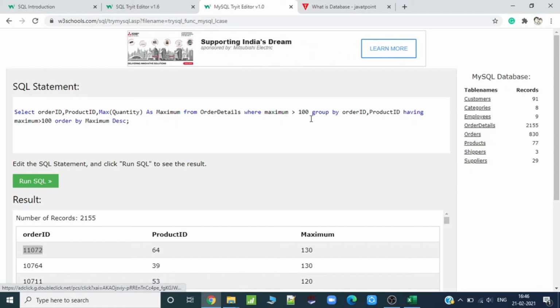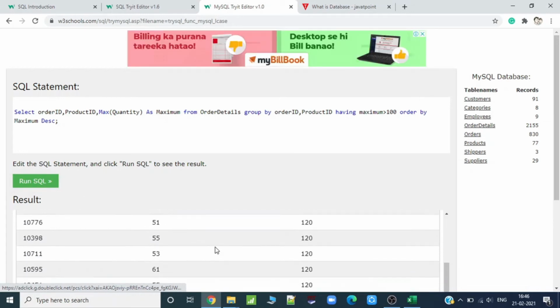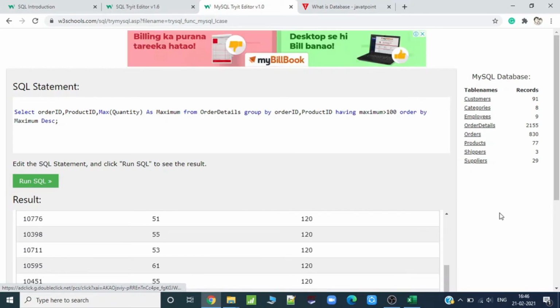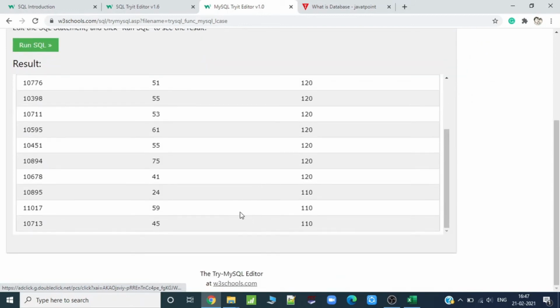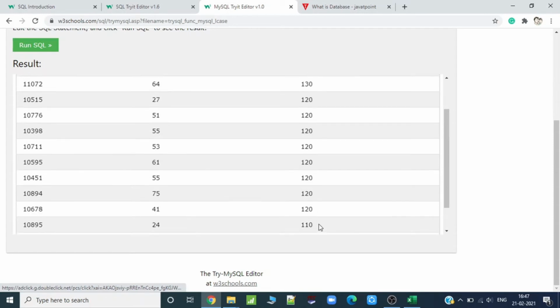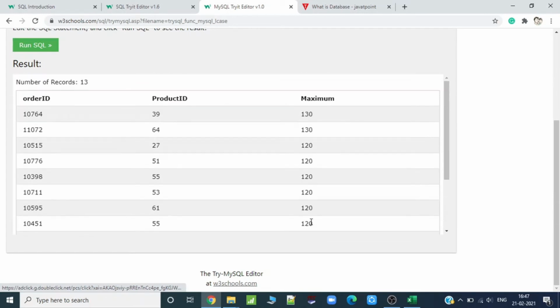Right, for now I will just remove this and I will show you the error. What error will it throw if I use where instead of having? So run SQL. Now if you just see, there are 13 records having values greater than 100 only. I will not see any value less than 100.